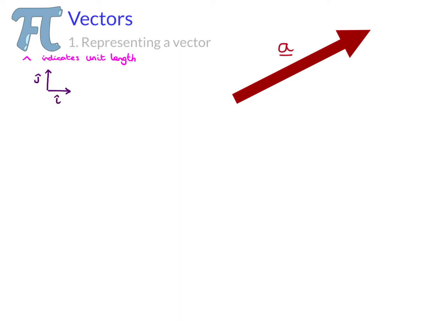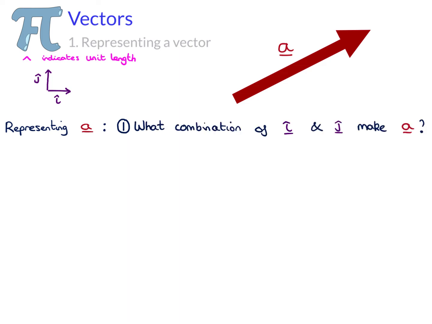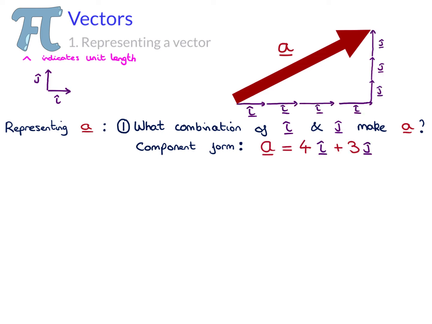A vector in this space is simply an arrow drawn. We have two ways of describing an arrow in this vector space. One is by saying what combination of the two basis vectors will form the arrow, and we call this the component form. Here we see that this arrow is equivalent to 4 of the i arrows and 3 of the